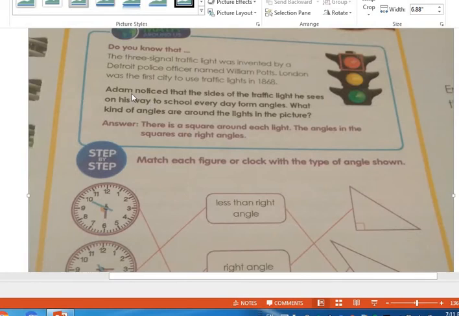Okay, Adam noticed that the sides of the traffic light he sees on his way to school every day form angles. What kind of angles are around the lights in the picture here? I have here 3 colors. There is a square around each light. The angles in the,